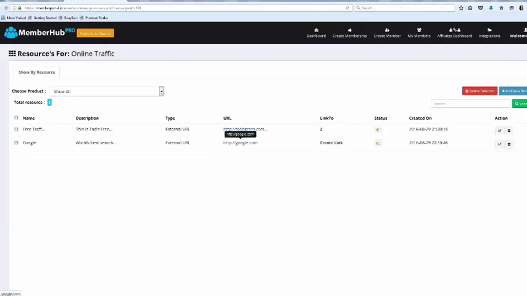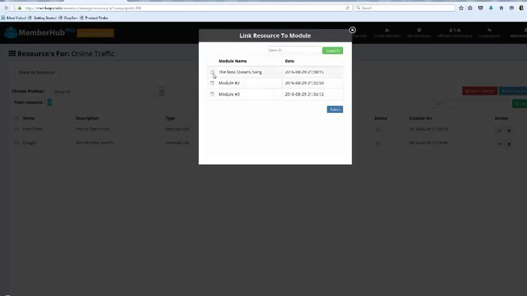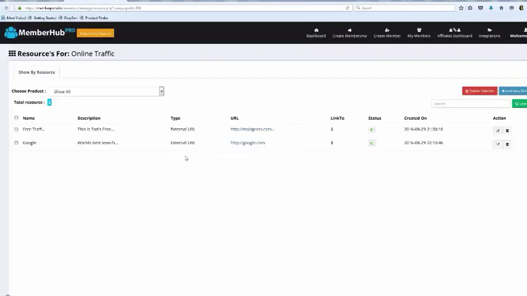And now if you recall, we have 3 modules that we went and created. Let's say that we have 100 modules we went and created. Well, what I can do is I can click on Create Link, and I can say I want this resource to be on this module, and this module. And I can say Select. And now we just went and linked that resource to 3 different modules. Yes or no, how many people understand the power of what I just showed them? That's going to save you so much time.